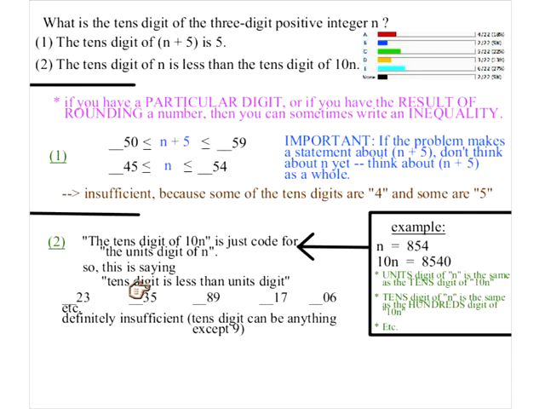It's just not going to work. So some of you guys are trying to write equations. The equations aren't going to fly here. Any questions about this? So this is not going to be sufficient either, so we need to look at them together. If we look at them together, does anybody know how we do this? How do we combine these statements?